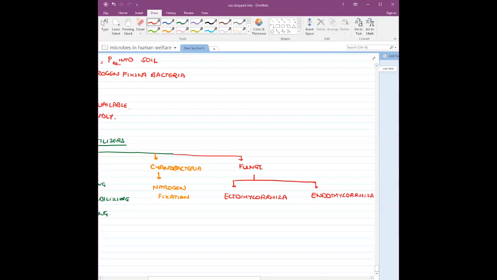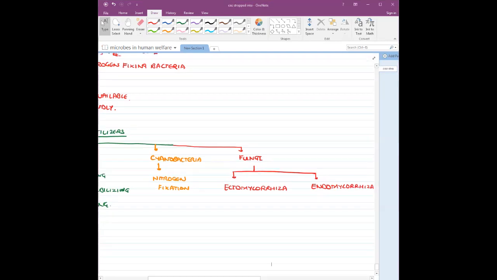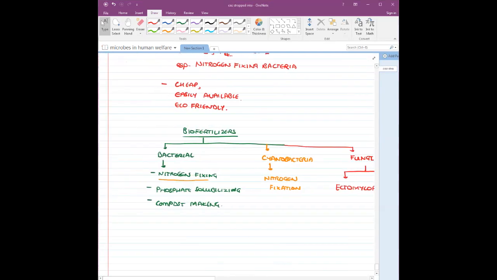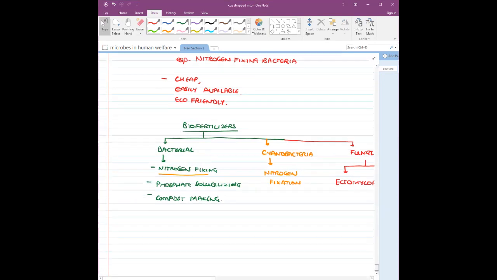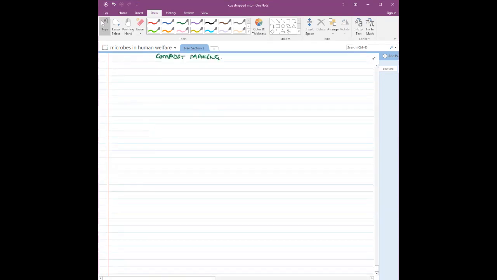Okay, so it is going to be this way. So Ectomycorrhiza and Endomycorrhiza. But now, guys, with this, let's try to see a few of them. The first ones, who are your nitrogen fixing ones? Okay, so one by one, we will start talking about all of these guys. Okay, so now the first ones that we are going to have are your,